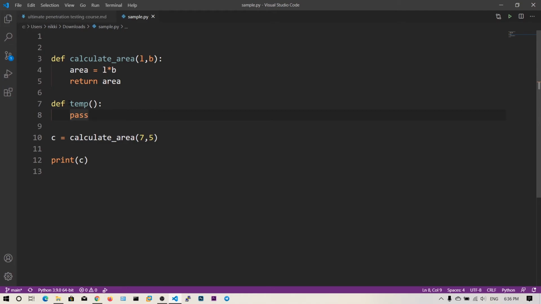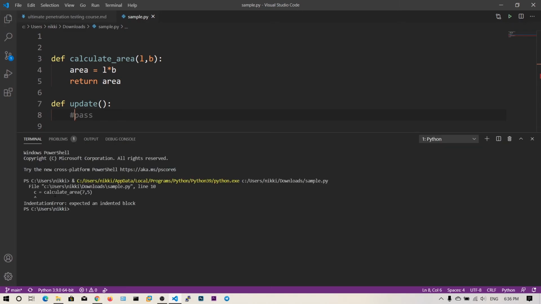You can start working on this update whenever the time comes. If you remove this pass, you will get an error, because there should not be an empty function.